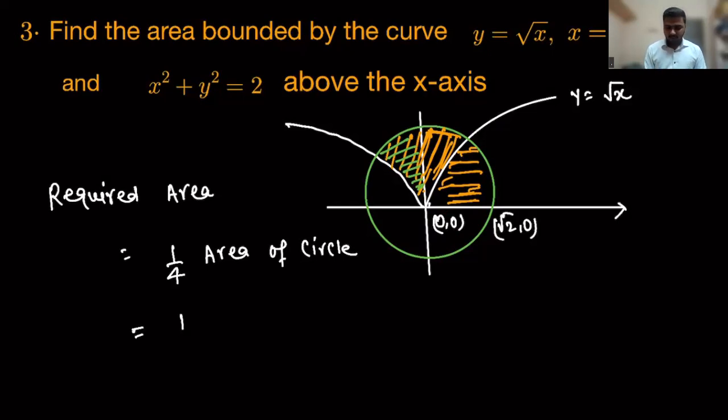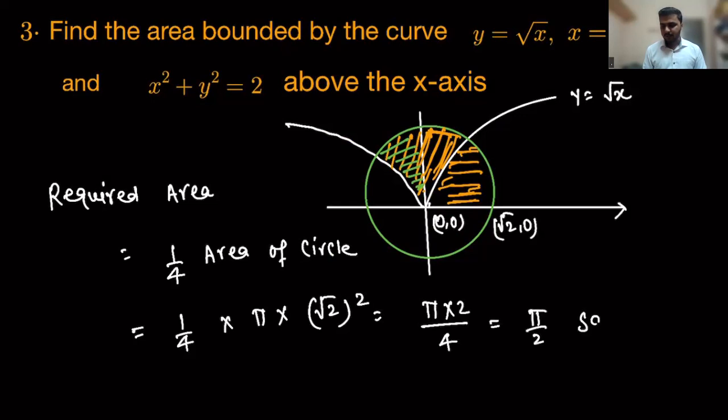So one-fourth pi r square, that is root 2 square, which is 2. So pi into 2 by 4, that is pi by 2 square unit. So it is also a very simple and interesting question. Of course, if I try the concept of definite integration, it will take more time. Upper curve minus